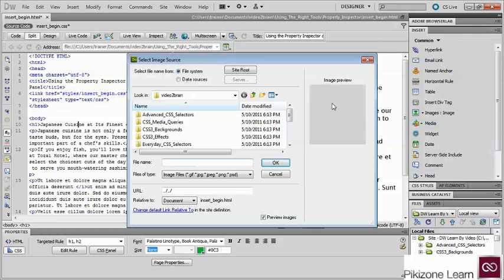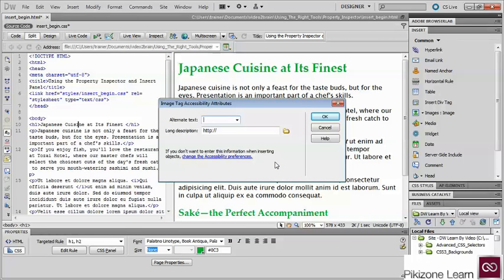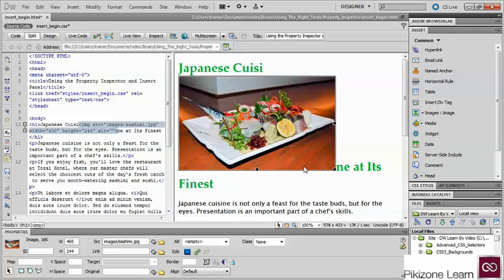That opens the select image source dialog box, and I'll navigate to my folder and select an image, and then click OK. This brings up the image tag accessibility attributes dialog box. If you don't want to give your image alternate text, you can just select empty from here, and what that does is it inserts an alt attribute with just a pair of empty quotes. Click OK. Now you can see what's happened here is I've not been careful where I had my insertion point